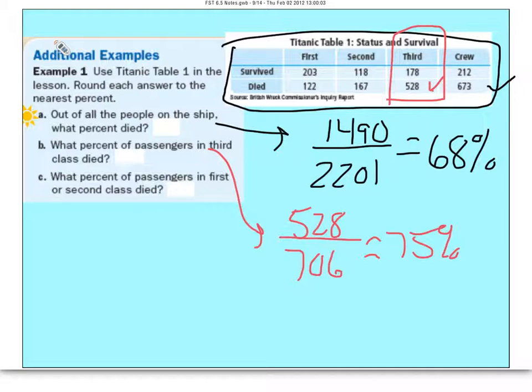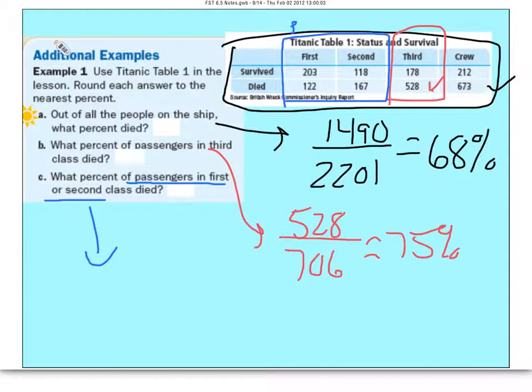And then C, what percent of passengers in first or second class? So careful on this one, first or second class. So that's who we're looking at. This is the total, all the people in those four groups. So the bottom of our fraction, if you total those four groups up, you're going to get